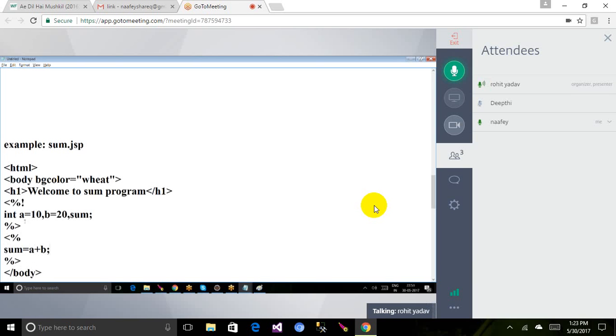Not only sum equals a plus b, if you say request.getParameter and that particular variable name, or request.getParameter with that string, whatever we give, based on that string it will retrieve the value from the web server to the servlet code. The same task we can perform inside the scriptlet tag. Okay,